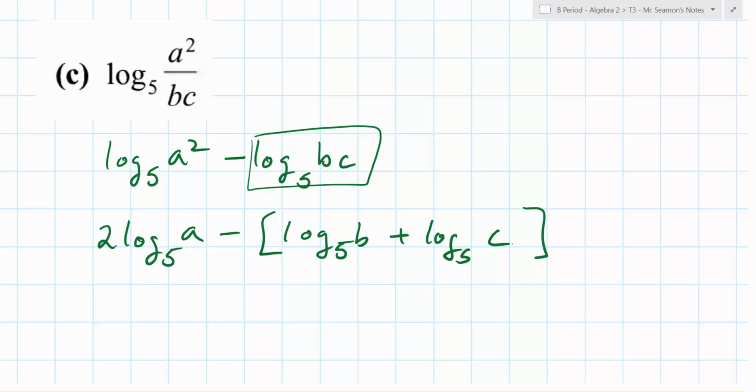You can leave it like this, but if you went any further, what would you have to do with this negative sign? Distribute it in. It would be 2 minuses. You have to be very careful. Very careful. You have to split up the B and the C to finish this problem. That's what I want. If I asked you to expand this as far as possible, this would be the full